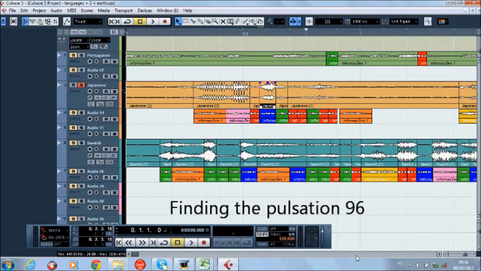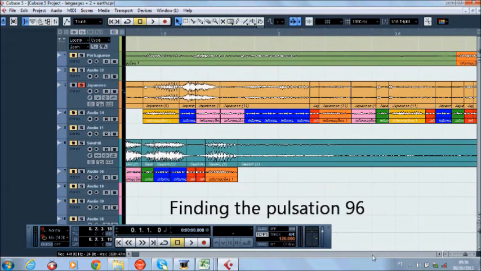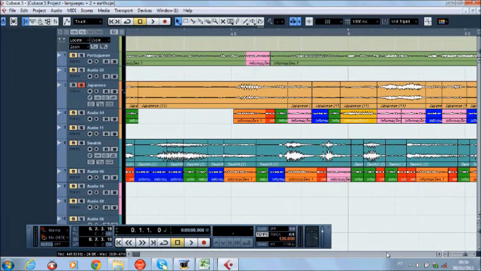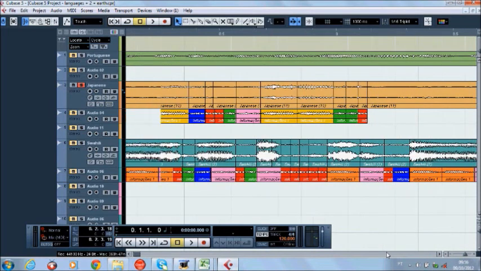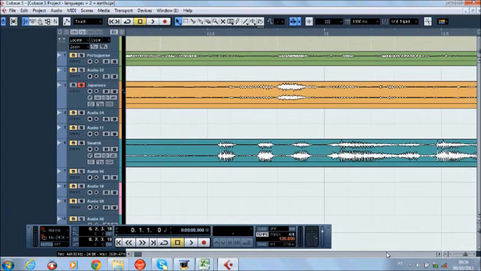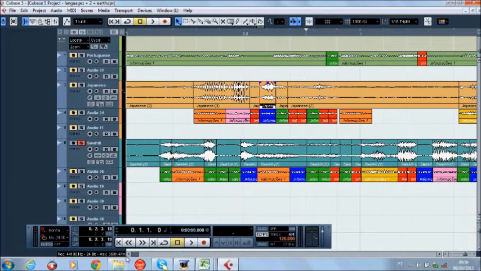Okay, so what do we see? We see that the Japanese is perfectly combining with our segments. Yes, here, here, and we go further so that you may see that the Japanese is at the same pulsation. Okay, and to end this little demonstration, we're going to hear some Swahili, an African language, and verify that the Swahili is also on the same pulsation.